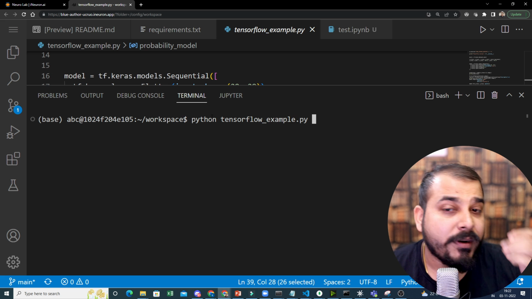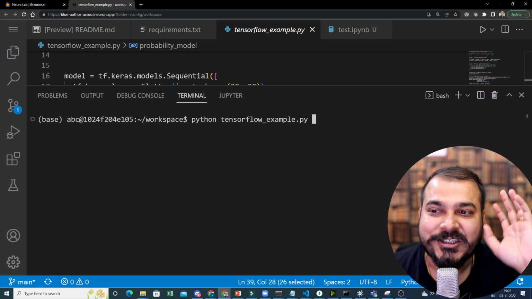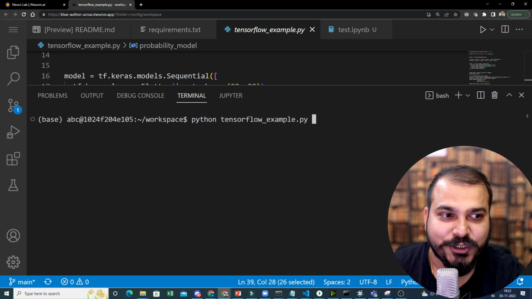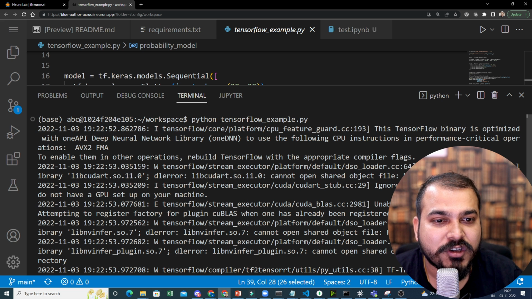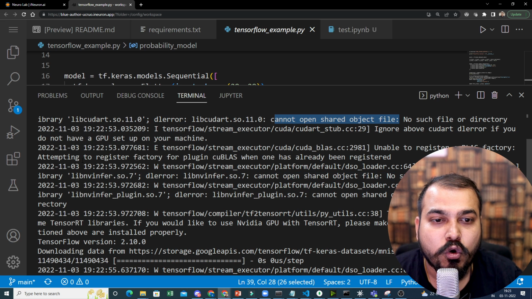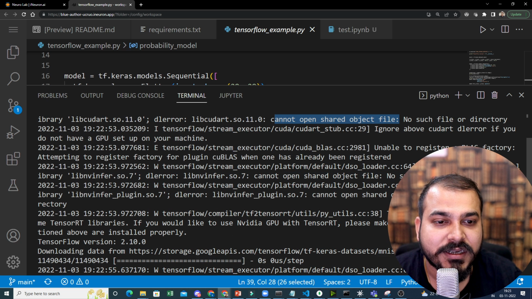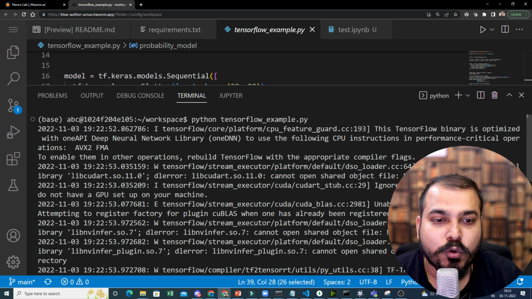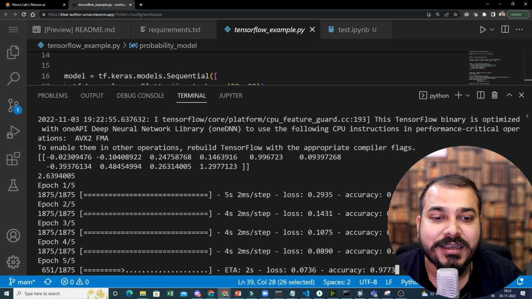TensorFlow example.py. Now you'll see how quickly all the epochs will run, and understand this is not happening on your local machine. The installation, everything is basically done in this virtual lab itself. So once I execute it, you'll see that TensorFlow is not there. So that is the reason you'll be getting some errors like cannot open shared object file, these particular CUDA libraries. I think you'll not be able to open that because there are no GPUs, right? libcuda.so.11.0. So here you will not be able to run it, but here you can see the epochs is running,